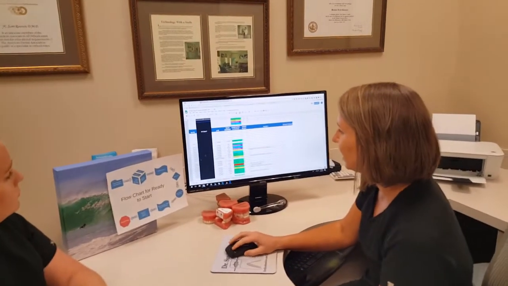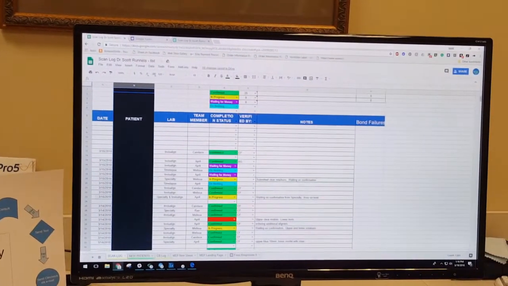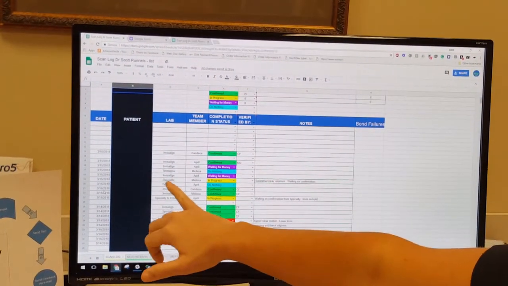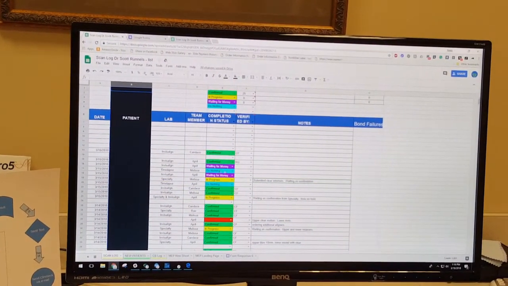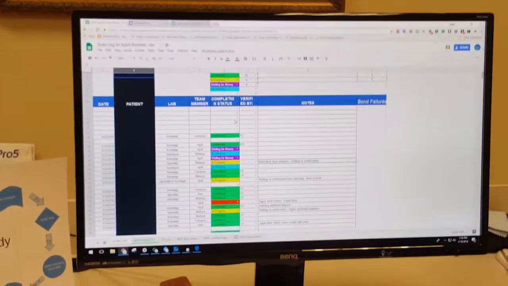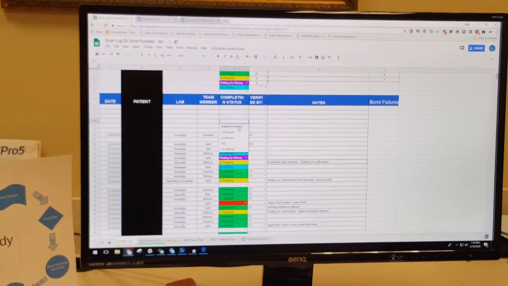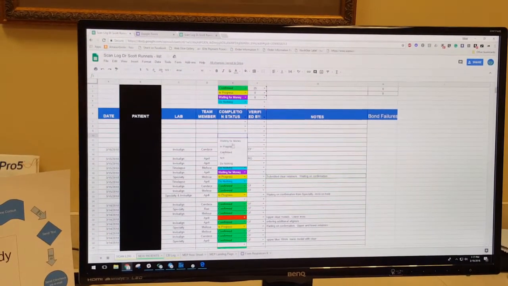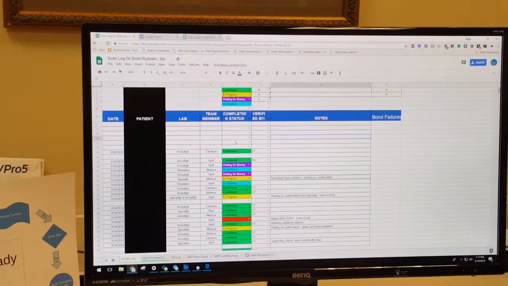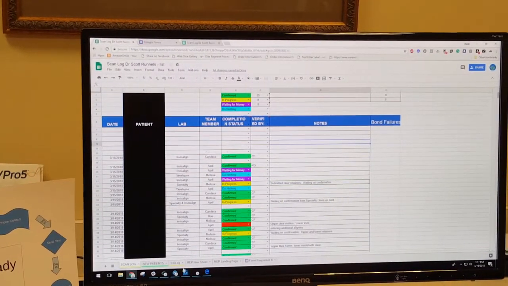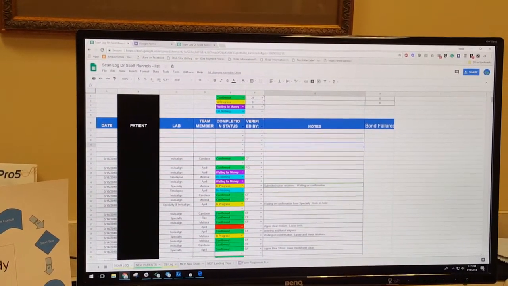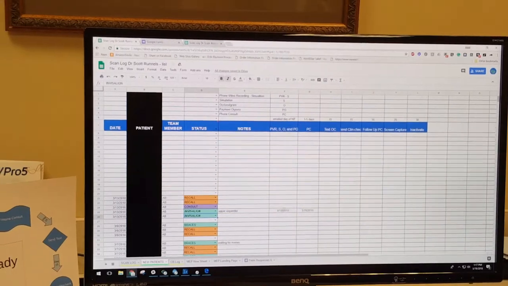What we have is an Excel sheet in Google, a Google Sheet. At the end of every day, we'll go in, put in all the patient names, the lab, and where they're going. That allows us to make sure our scans are in. Then we've got little drop-downs for confirmed, in progress, or maybe we're waiting, maybe the patient's going to stay in recall. From that same scan log, we've also added these. And this is the flow